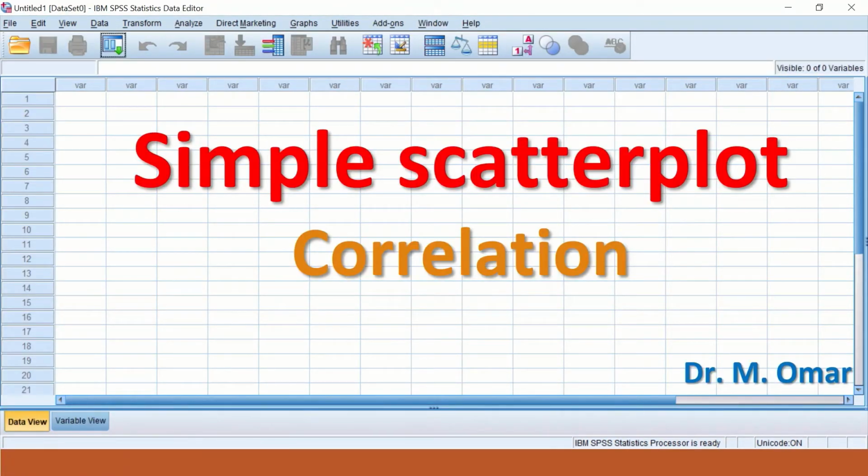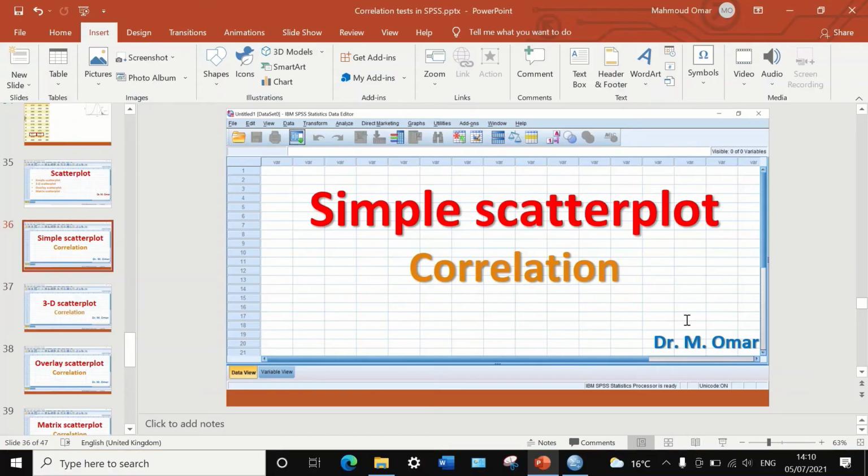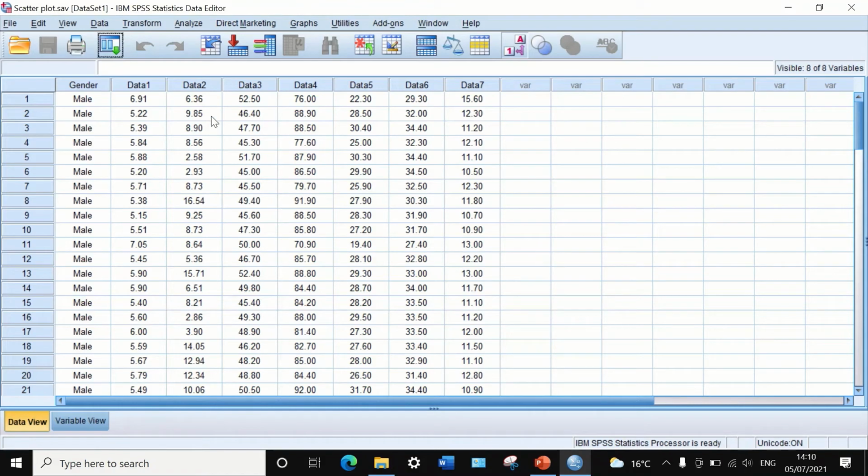Simple scatter plot. In this part 2 section of the video, I will show you how to build a simple scatter plot using chart builder. Back again to SPSS. Here I have the data, and I'm going to plot a scatter plot